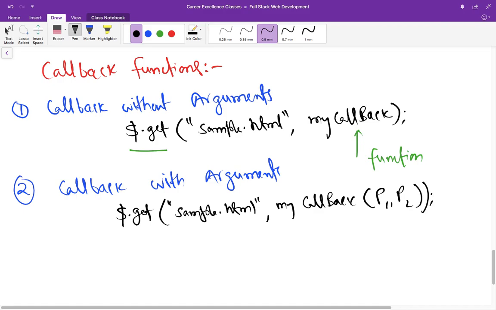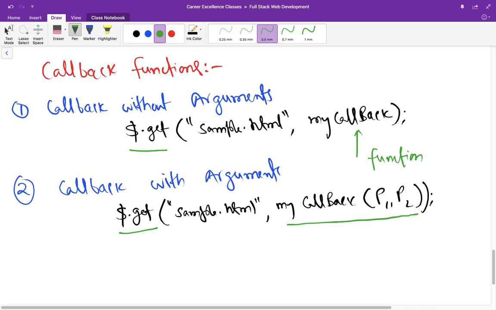The reason this code fails is that the code executes myCallback P1 P2 immediately and then passes myCallback's return value as a second parameter to this get function. We actually want to pass the function myCallback and not myCallback along with its arguments or its return value, because the return value may or may not be a function.